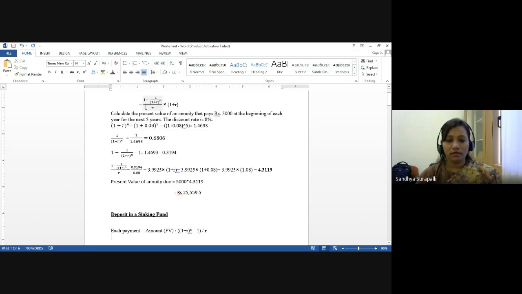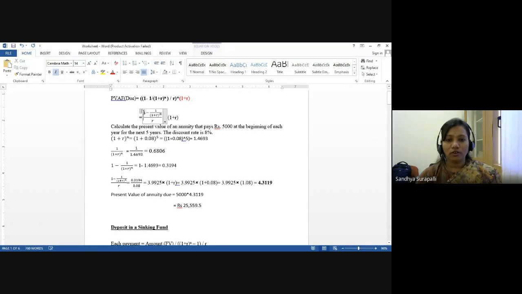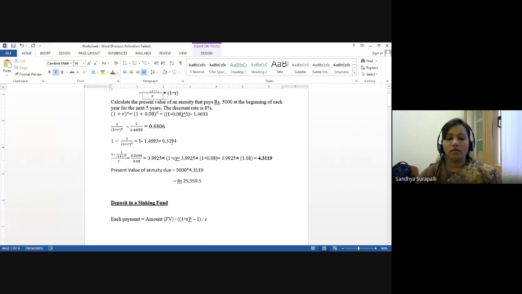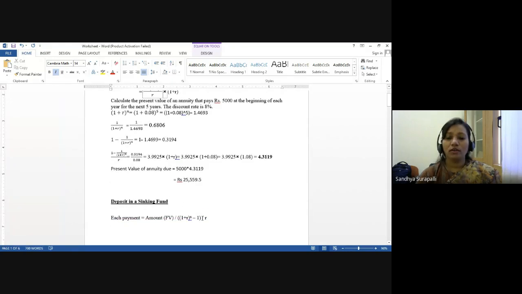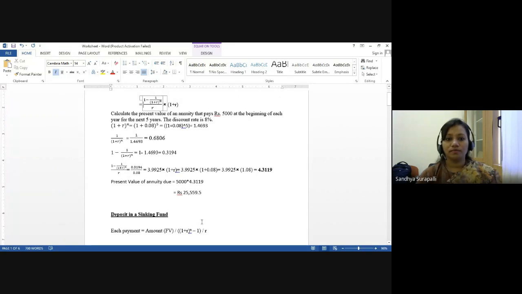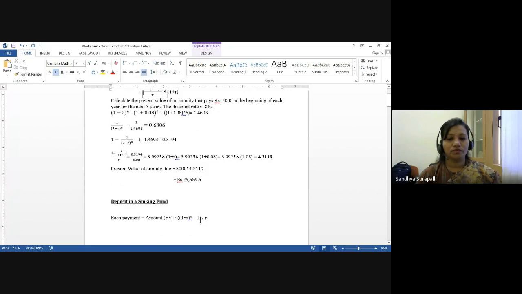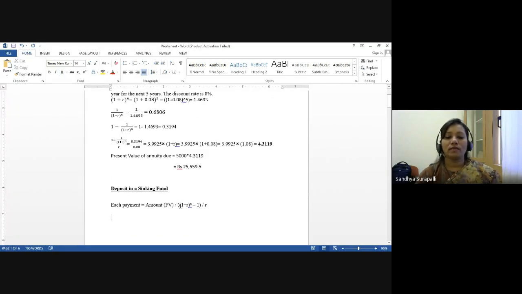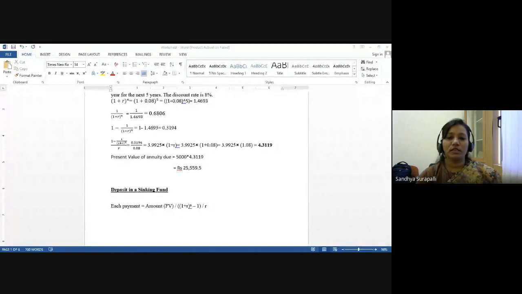Look up here. We calculated this for annuity due. For present value, it is 1 minus, whereas if it's future value you want to find out, it will be (1 plus r) to the power n minus 1. So first we have to solve for this factor and use it to divide the amount of future value. You will get what should be each period's payment. We have already done one example. One more we will do.